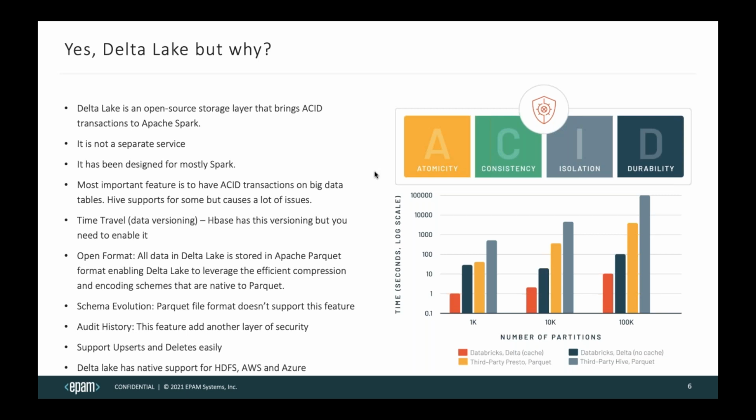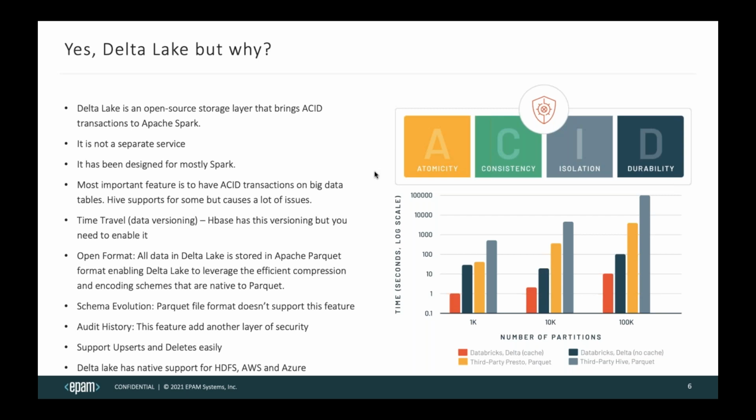So why should we switch to Delta Lake? Like I said, ACID is quite important. If you need some kind of ACID transactions, Delta Lake is a good option. Or if you need time travel. Time travel is important when you are working with machine learning libraries because you need to see what the data was when this model has run. Right? You need to know that, and you need to understand why you see this output. That's why we need to have this data versioning.